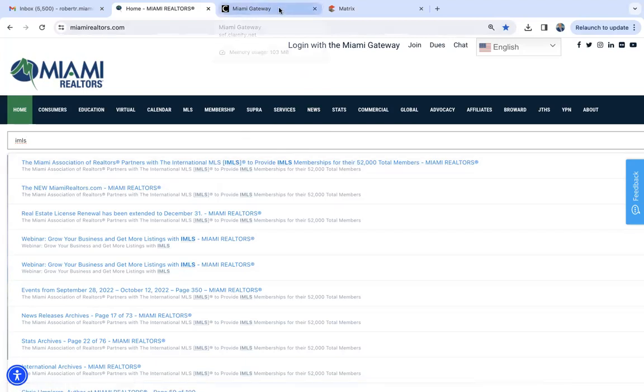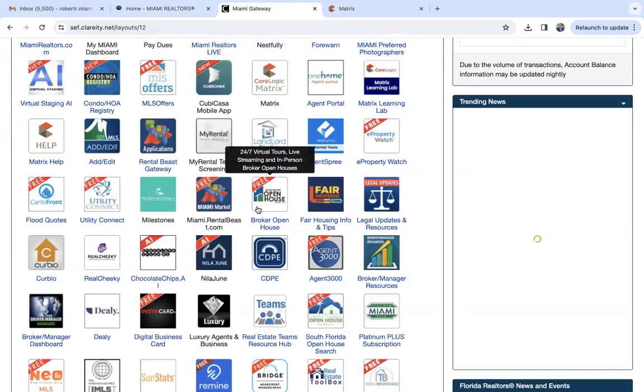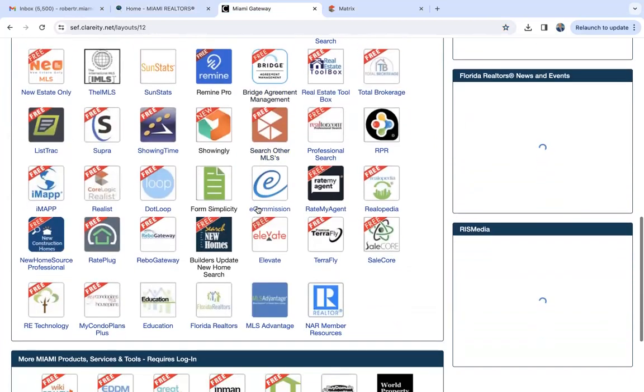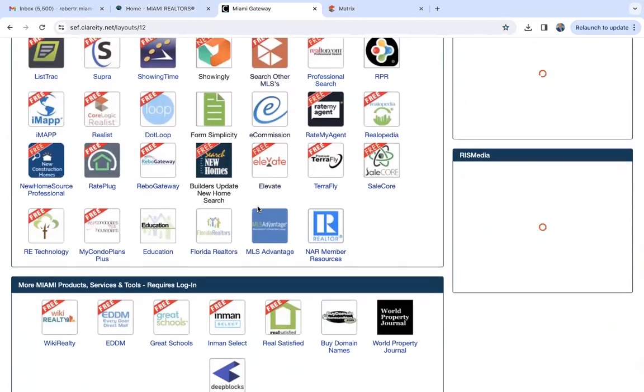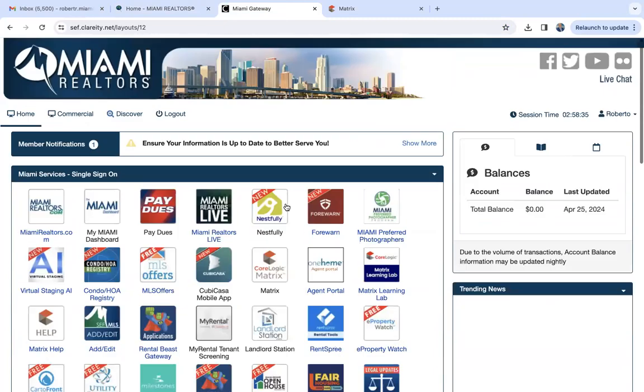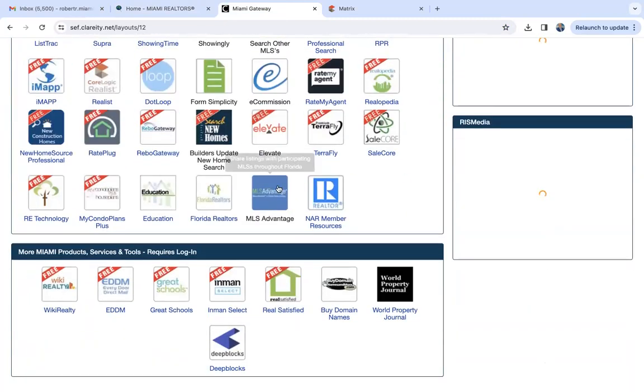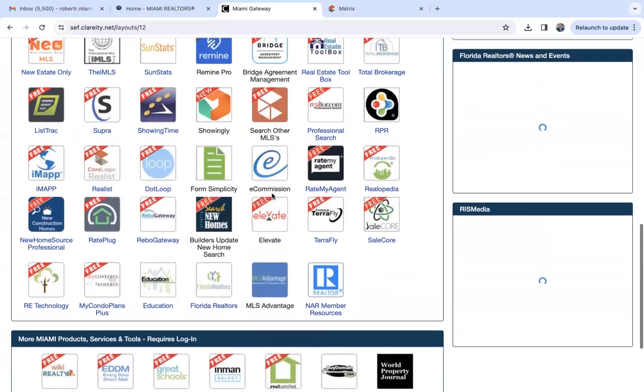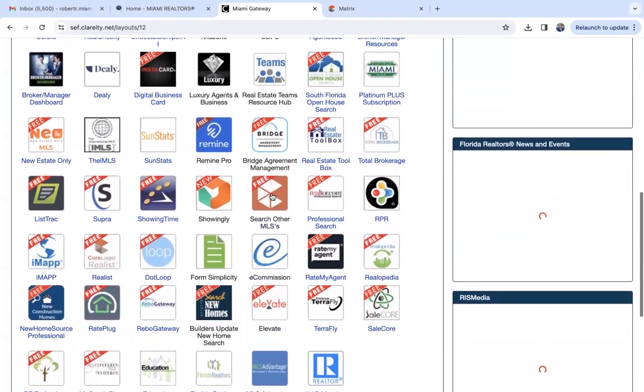Okay. Also, guys, we have access to the state of Florida MLS, and that's called MLS Advantage. See it over here? All the way down here, MLS Advantage. This one has access to all the MLS listings in Florida. And if you wanted to see all MLS listings nationwide,